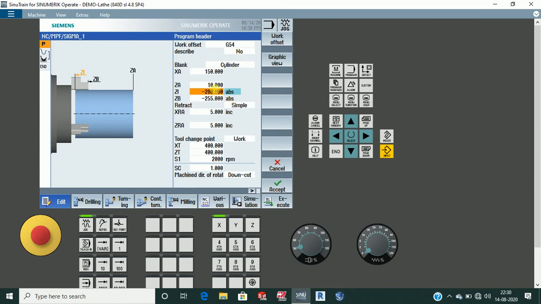We can take the help of our keyboard also, but practice using the buttons on the machine panel. It will help when you go to industries and run the machine, because there is no keyboard given to you. So practice the input. I'm pressing enter now. See, it has taken. So you can use the enter button, or use the input button.